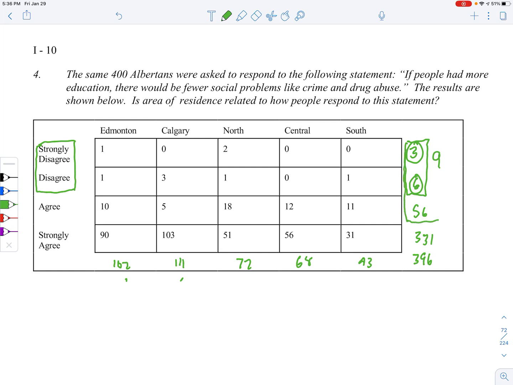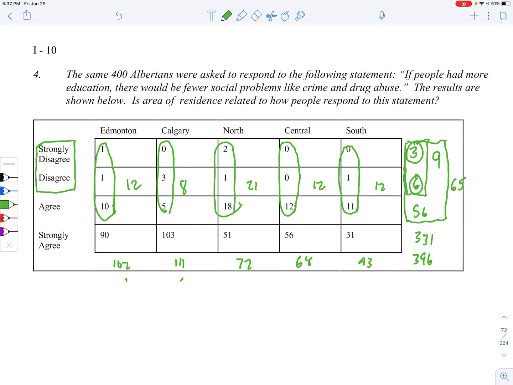So what do we do? Well, you could combine these together. And then what you've got here is 9 and 56, which is 65. And what you would find is that with 65, you would be able to come up with the sum of the EIJs across there that would have EIJs which are large enough. So in other words, this would become 12, this would become 12, this would become 21, this would become 8, and this would become 12. And so what you would end up with is a 2 by 5 matrix,